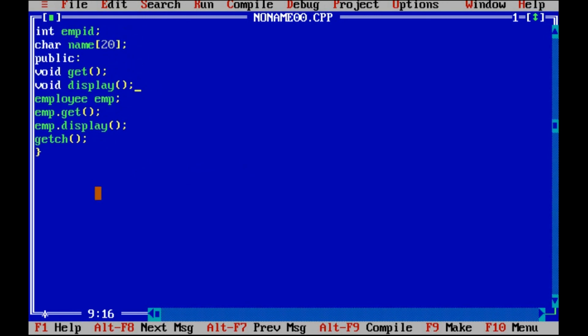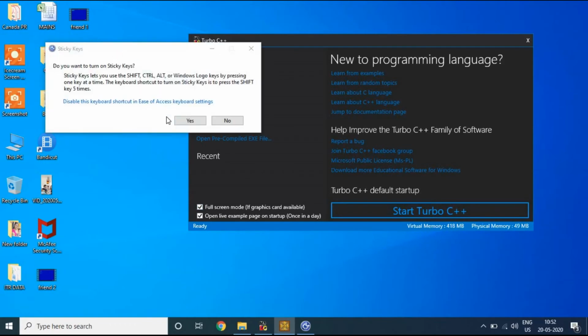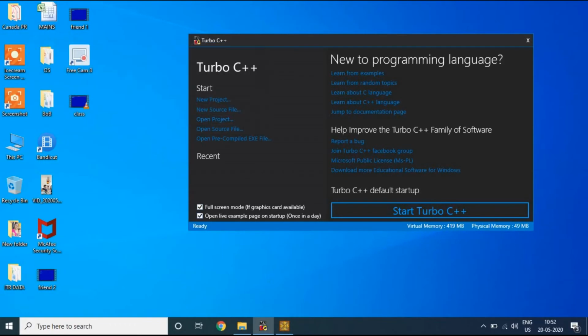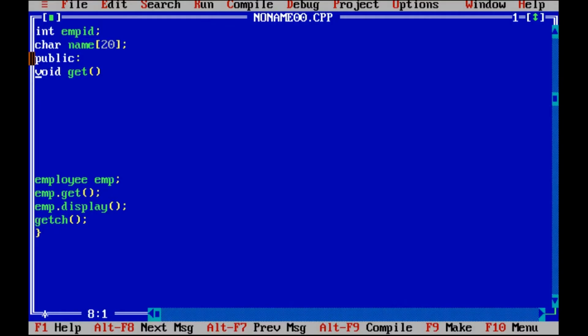Now we have deleted this definition. You can see now students, the first function is the void get function. In the void get function now we are going to define this function inside the class. So this is the declaration, that is void get.